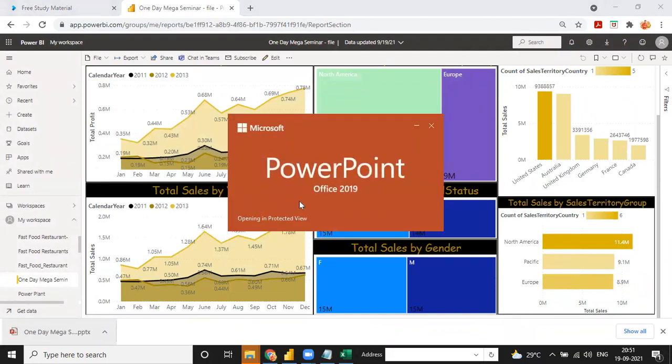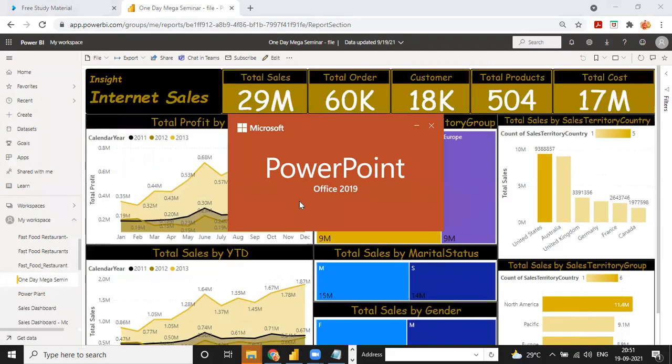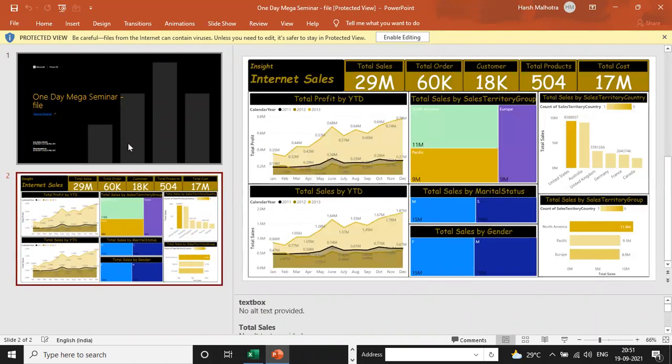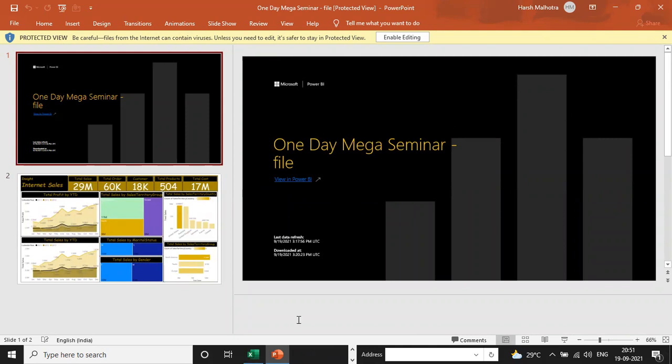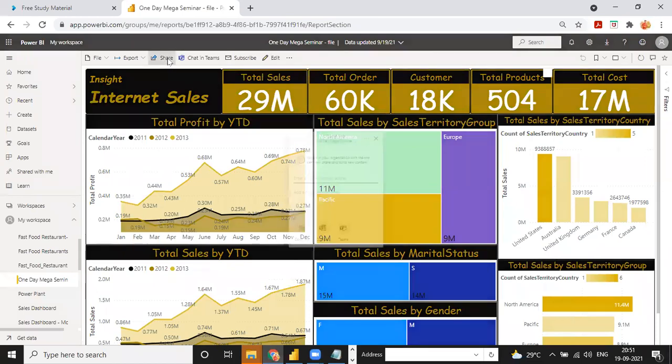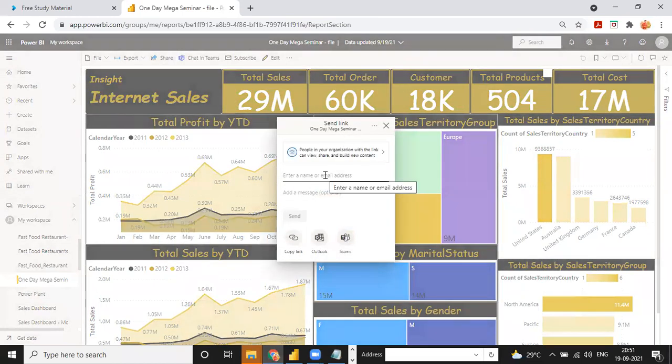Now I can show you what is in the PowerPoint file. Harsh, when you publish to your workspace, can you share with the email ID of whom you want to share? Yes, when I publish this report into Power BI, I can share with anyone by just writing an email ID.